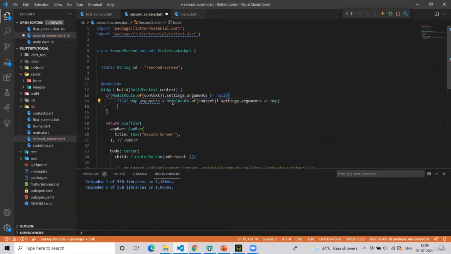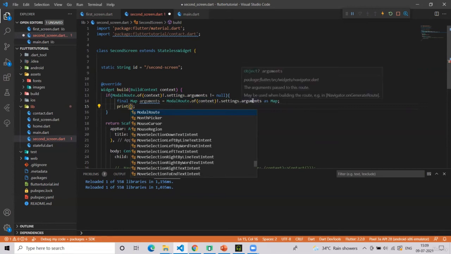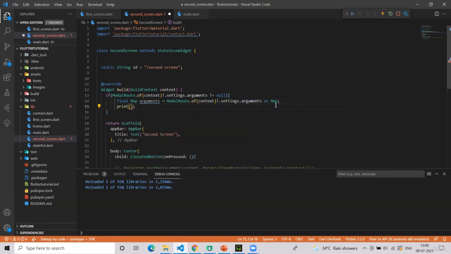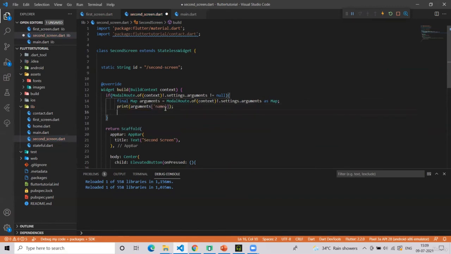So you have to write as Map, because otherwise it will be an object. It comes as an object which we are saying no, it's a map here. And then simply write arguments. First key was name, and then print arguments, and the second key was founder.